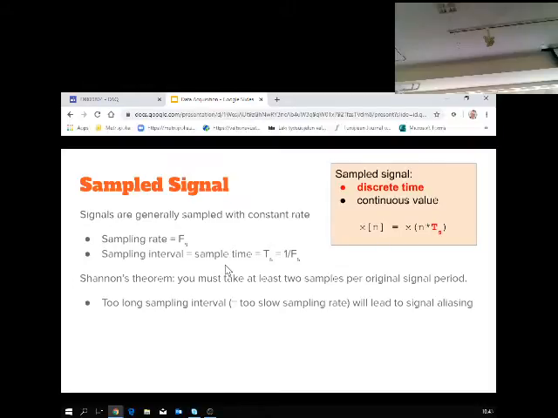So, constant sampling rate, and then there's another term, sample time, or sampling interval, which is just 1 over fs. Then you probably have heard of Shannon's theorem. It basically states that you must take at least 2 samples per original signal period in order to digitize the sinusoid signal. If you have too long a sampling interval, then that leads to aliasing,